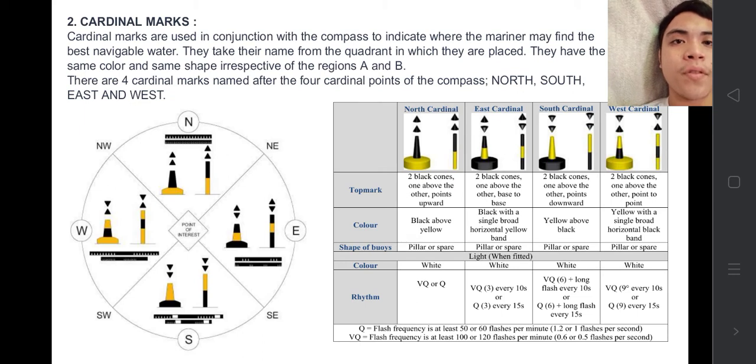Cardinal mark. Cardinal marks are used in conjunction with the compass and indicate where the mariners may find the best navigable water. They take their name from the quadrant in which they are placed. They have the same color and the same shape, irrespective of Region A and B. So whenever you go in Region A and B, there is a cardinal mark. There are four cardinal marks named after the four cardinal points of the compass, which are north, south, east, and